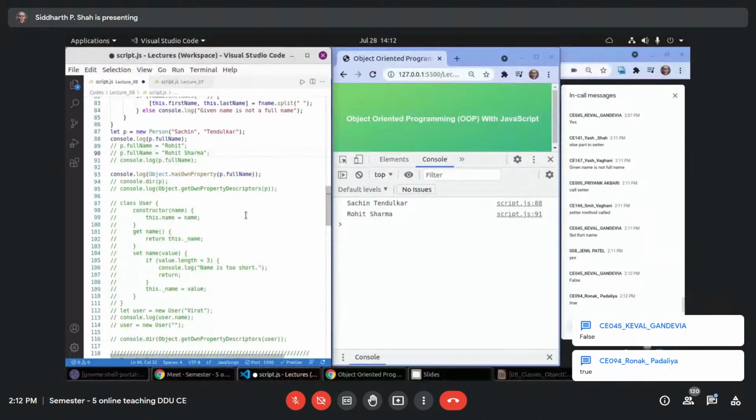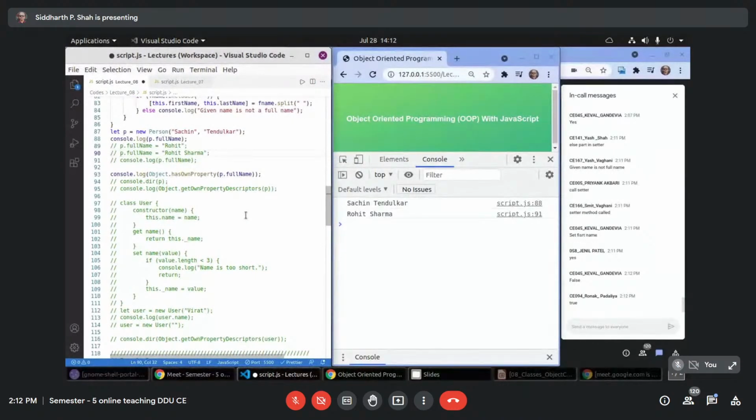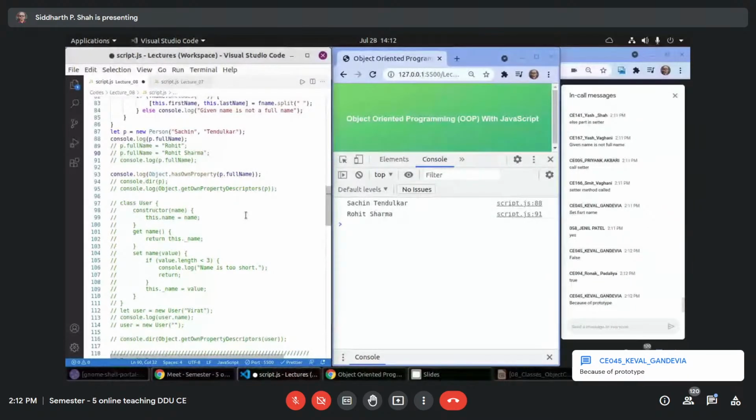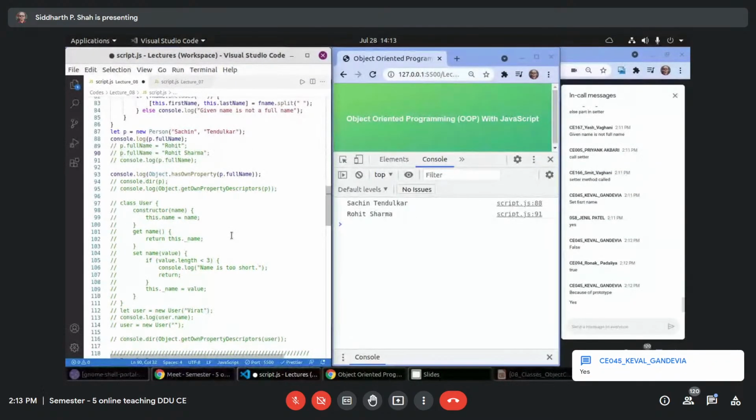Why false? Because of the prototype. So you are telling that this full name property is part of the prototype. That is what you are trying to tell me, Keval? Okay.